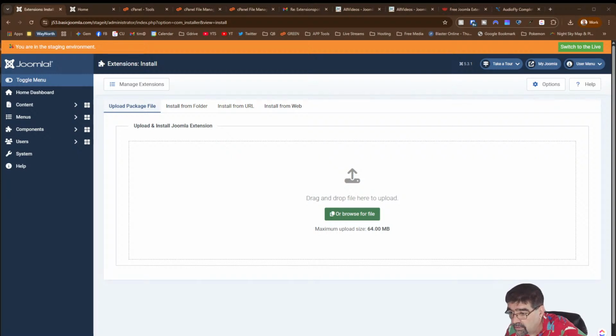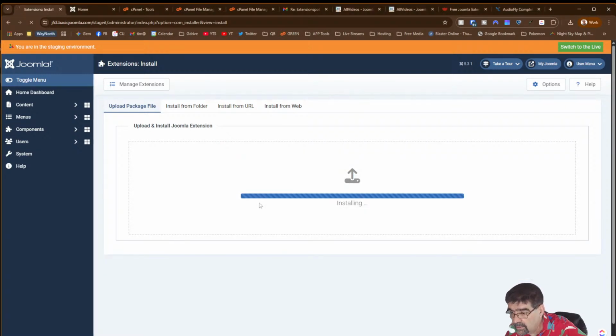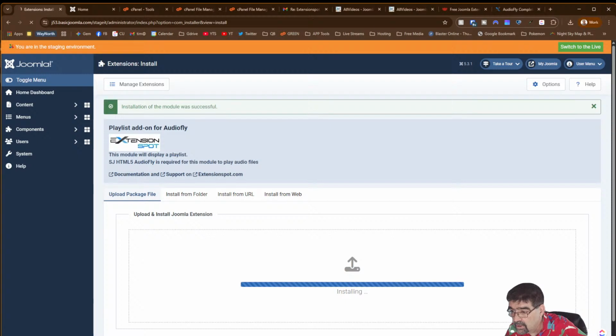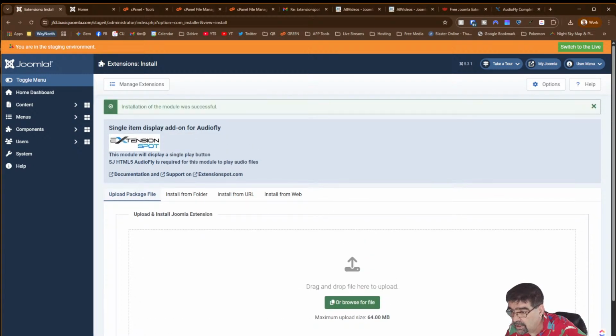This is Mod SJ HTML5 for AudioFly. There's that one. There is Mod SJ AudioFly for Playlist. And Mod SJ AudioFly Item. There's also one here that is grid,